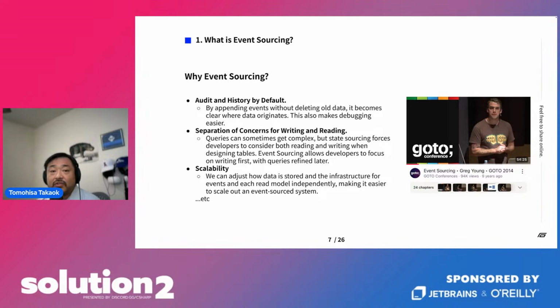And because we have two sets of data separately managed, we can focus on scaling each writing side and reading side. And in general, event sourcing is known to be easier to scale. So that's why many people choose event sourcing.